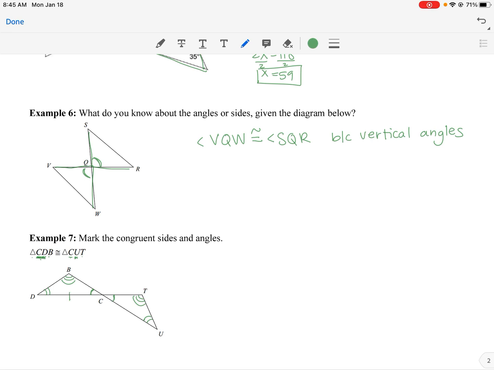As we mark sides, look at the same position. So CD is congruent to CU. Usually we do one dash for the first set, and then for the next set, let's say DB, we'll do 2, and UT can also have 2, to show that they're separate from the other side. And then last but not least, this third side is congruent to this third side. So pay attention to those markings and just be careful about what you do. Next time we'll get into proofs, so you'll want to be familiar with this terminology. Good luck with the